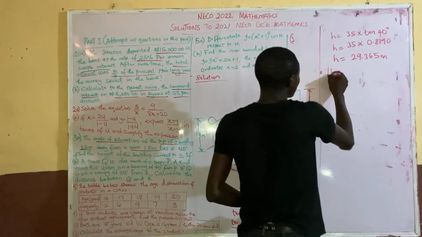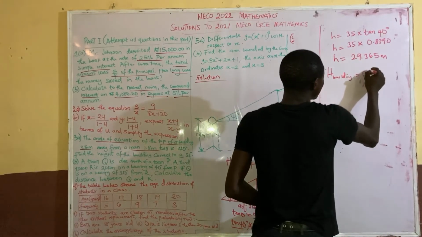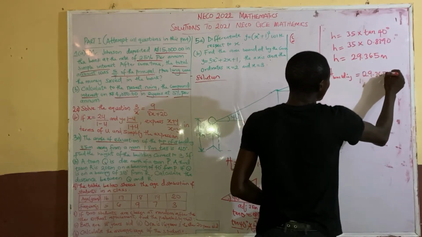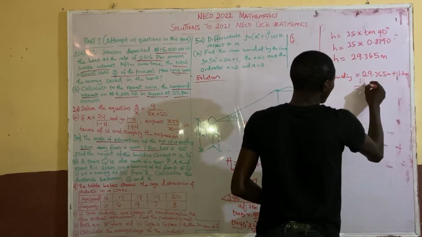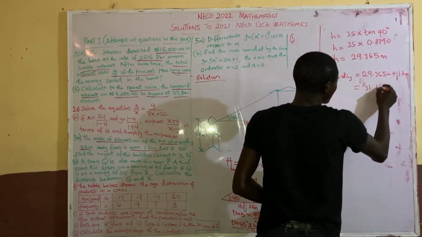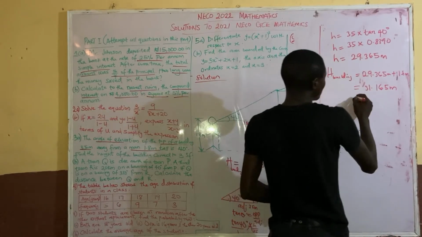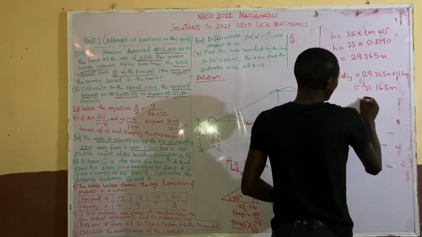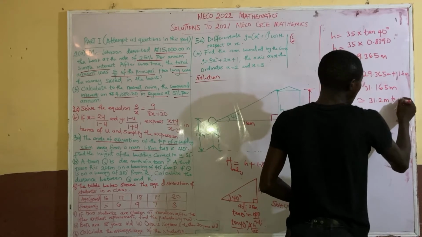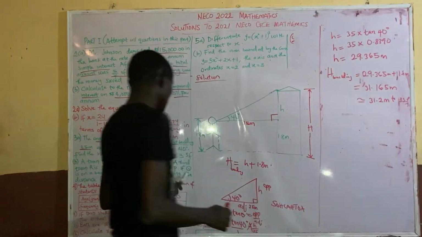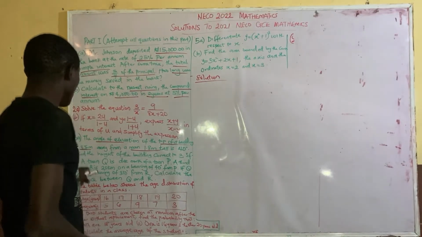So the height of the building is now equal to 29.365 meter plus 1.8 meter. When you add it together, you are looking at 31.165 meter. Approximately, to 3 significant figures, you are going to have 31.2 meter to 3SF. So question B of number 3 says